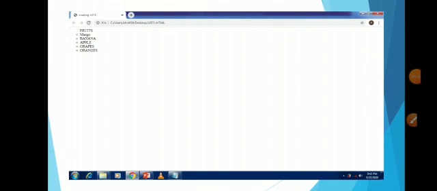Okay, now once again, if you want, I will explain all these things. Today I have taken only two topics, ordered list and unordered list, so you have to go through the ordered and unordered list. In my next topic I will take the table topic. In that I will explain how to draw a table in HTML, or we can say on a web page. If you want to draw a table, you can draw a table also.